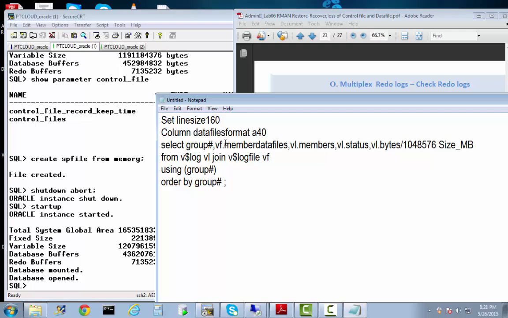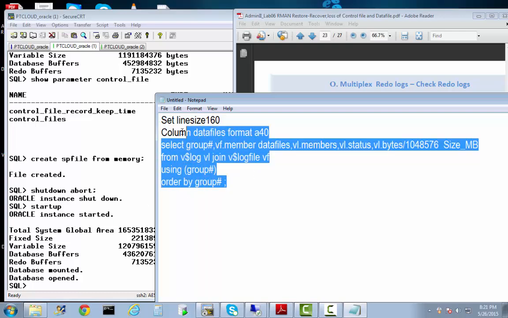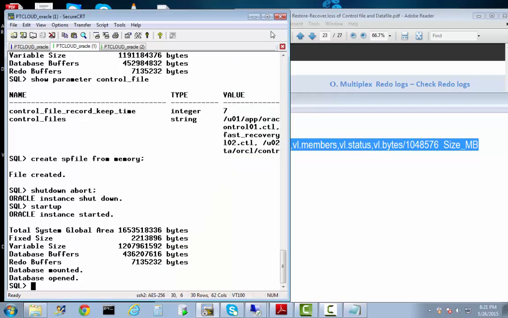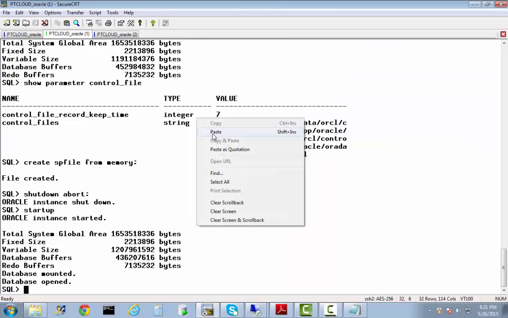All right, this is group number, this is data files, member, size in byte. So I have reformatted it. Okay, so I want to run this query right now to find out how many redo logs we actually have. Paste that,